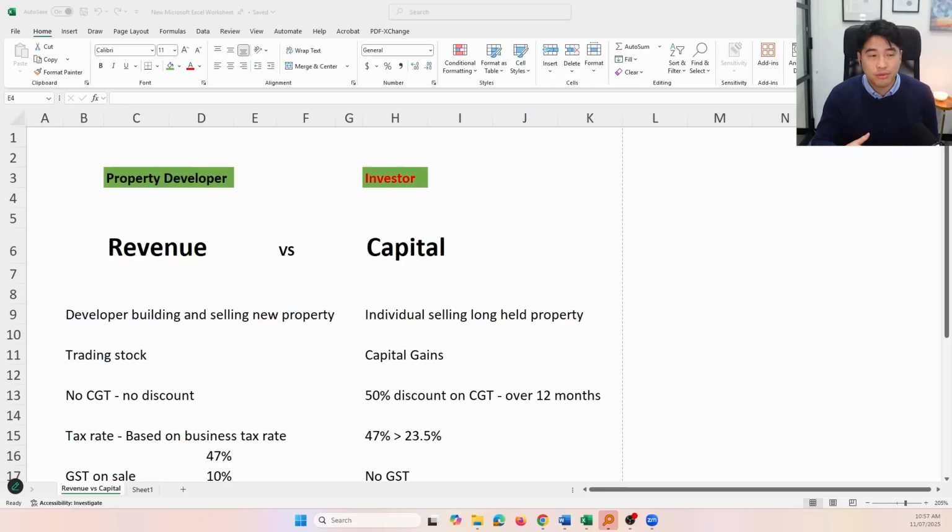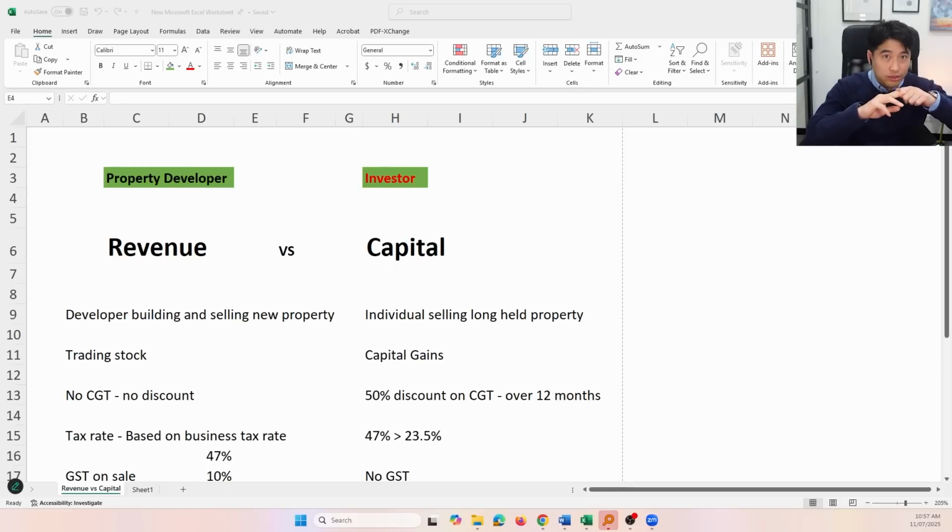So that's why people try to claim it against their wages, because technically you bought this land, you're paying all these holding costs, but you can't claim it. So they feel like it's not tax deductible. It is tax deductible. You just need the income to be able to claim it against. And the ATO just says that, well, it's not. There are two types of income transactions: rental income and sale of the property or the land.